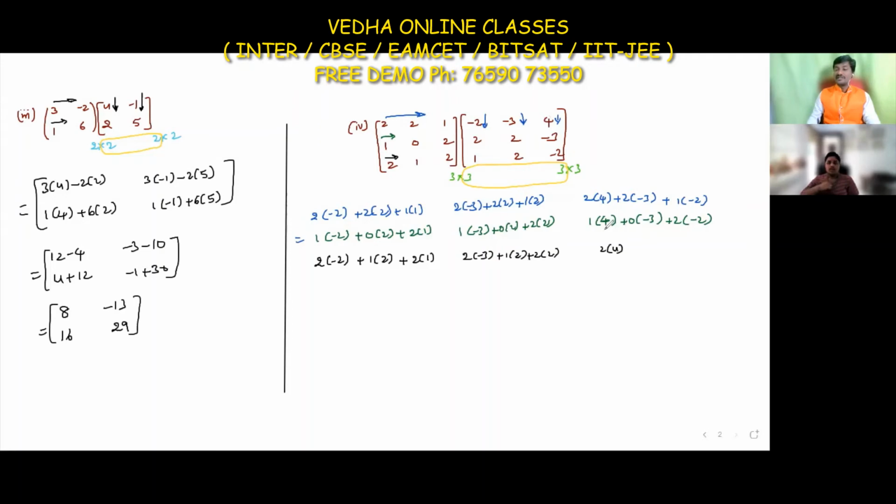Third row with third column. Okay, we are writing in the same column again. Third row multiplying third column, we are getting here third row, third column. So 2 into 4 plus 1 into minus 3 plus 2 into minus 2. Okay, now